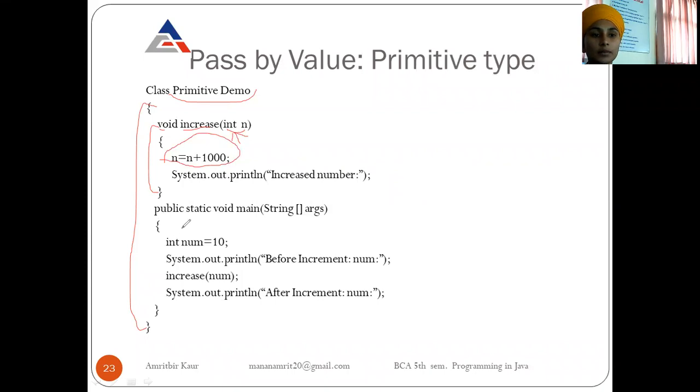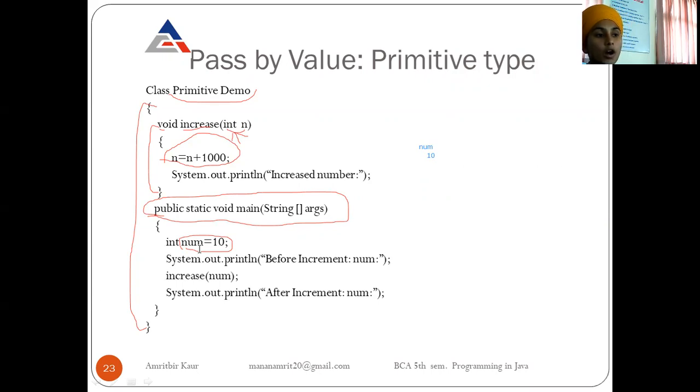So there is a second method. We are using the main method because at least one class must contain a main method. In the main method, we declare a field num having value 10. So here we have a location, we are declaring the num variable which has value 10.